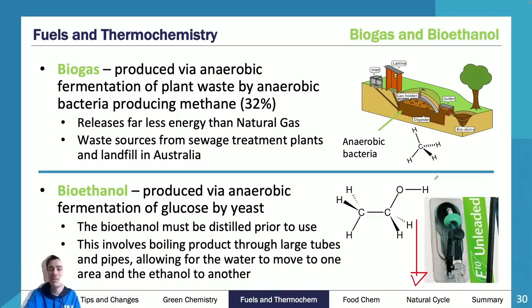Some states like to refer to it as 94. So you know how unleaded we call 91? It means there's 91% fuel or 91% pure fuel. That means there are some other bits in there. It's not as pure. When we put bioethanol in there, we treat bioethanol as another pure product. So we say it's about a 94. 95 is when you have 95% of pure fuel,